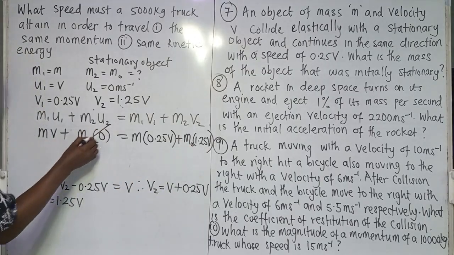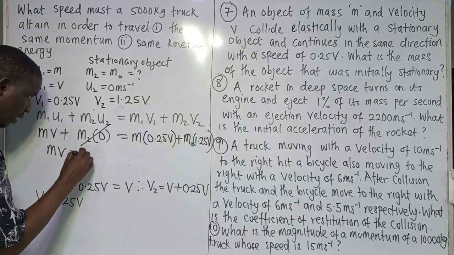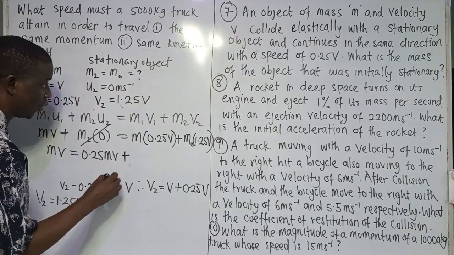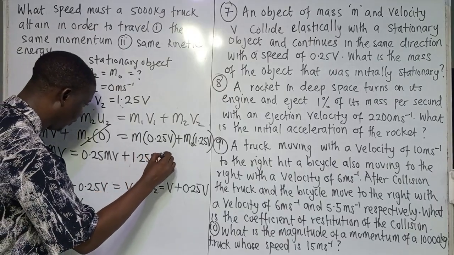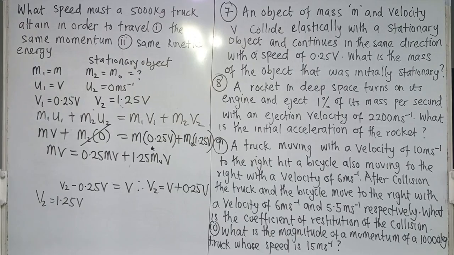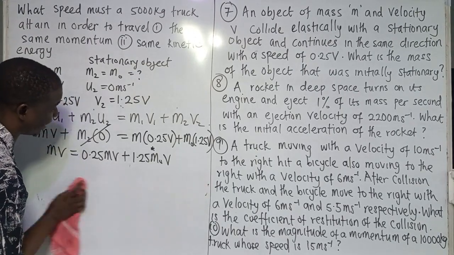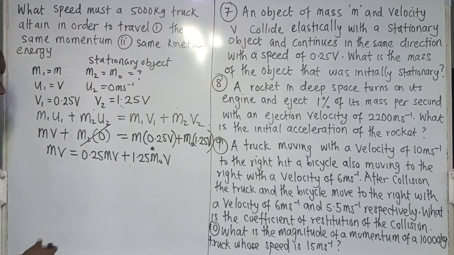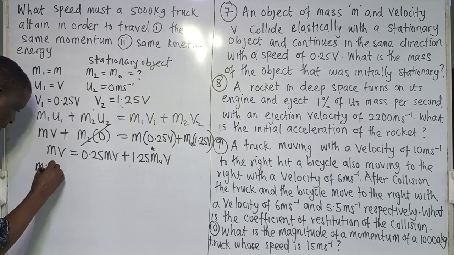So we have MV equal to 0.25 MV plus 1.25 M0 V. What we are looking for is this M0. How do we solve for M0? First of all, collect like terms, then make M0 the subject of the formula. Collecting like terms, I would have MV minus